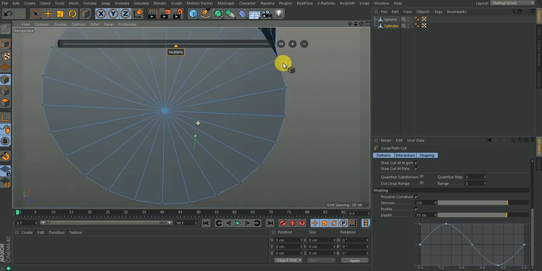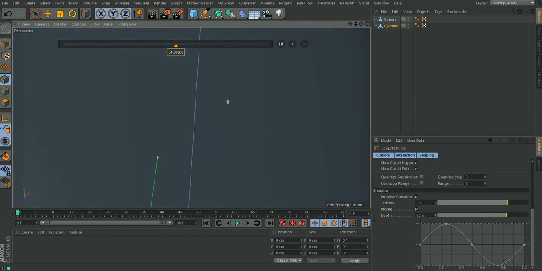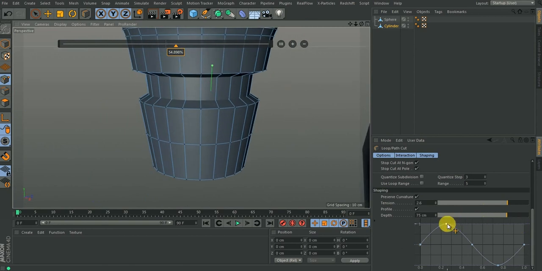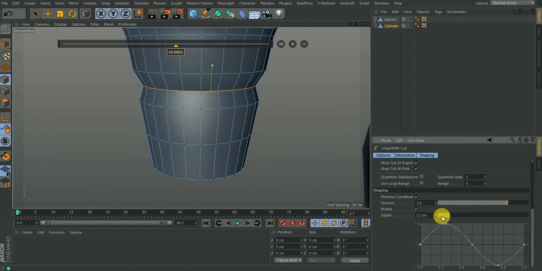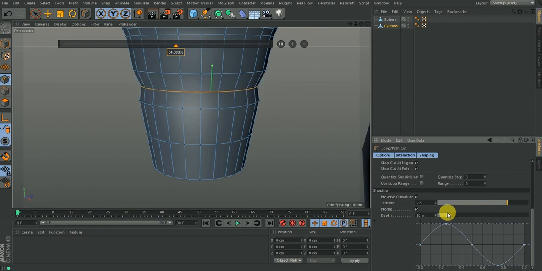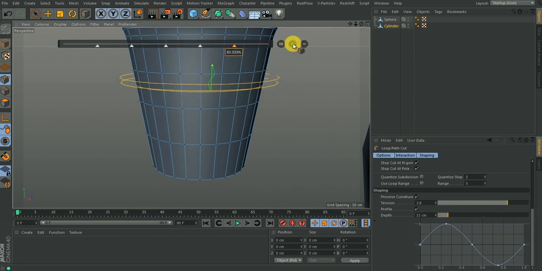You can already see what we're having. If I go into it to see what we have, and we can use this curve to change the profile and also the depth. So this sets the depth of my profile. Alright, so this is the inner part of the cylinder. So I have this profile. If I start increasing this,